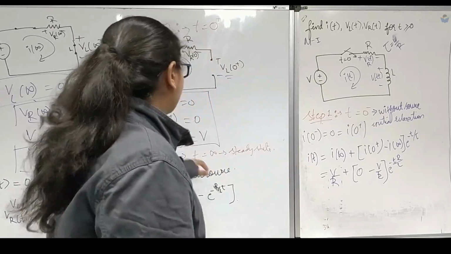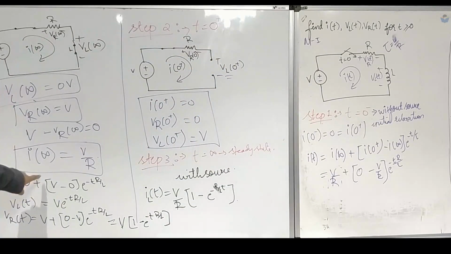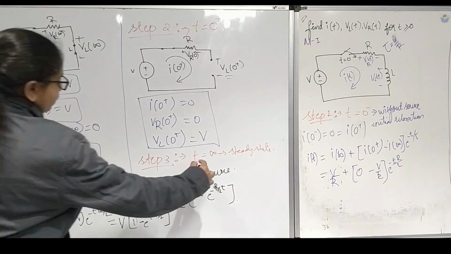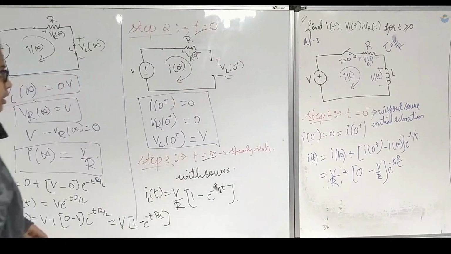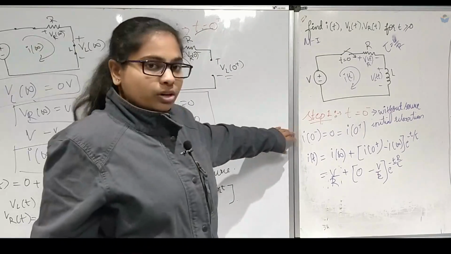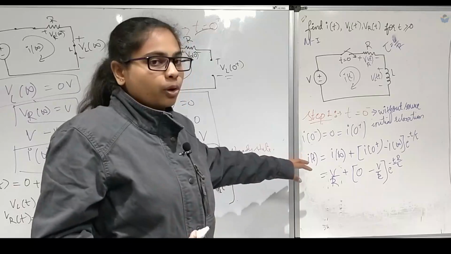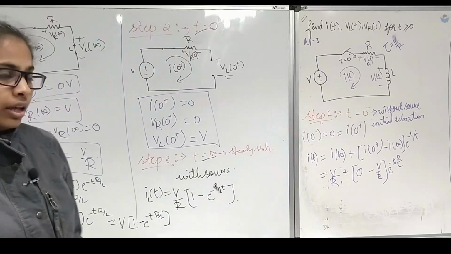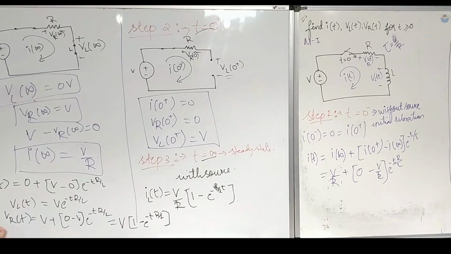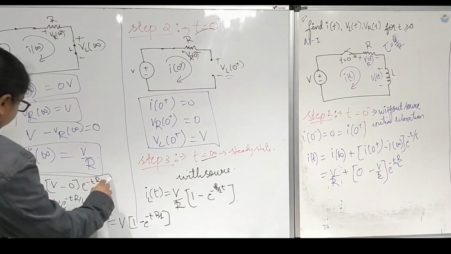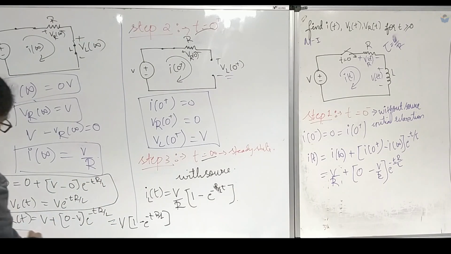Okay, so we have calculated for the time t is equal to 0 plus 2, t equal to infinite. Okay, so now this step is important. When we start solving the problem, we will understand why step 1 is important. Okay, then yeah, these are the 3 formulas which are very, very important.